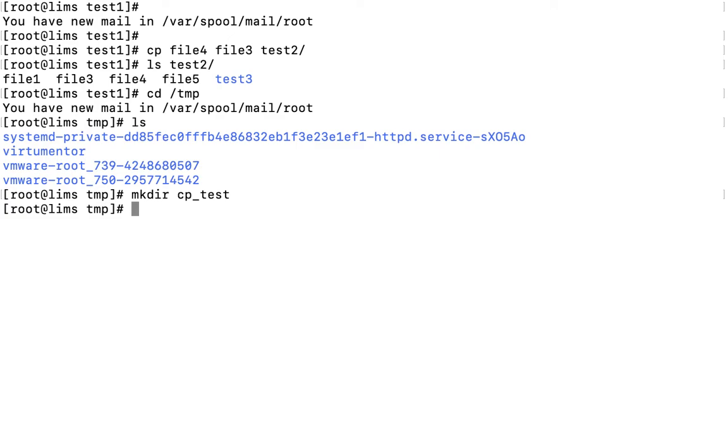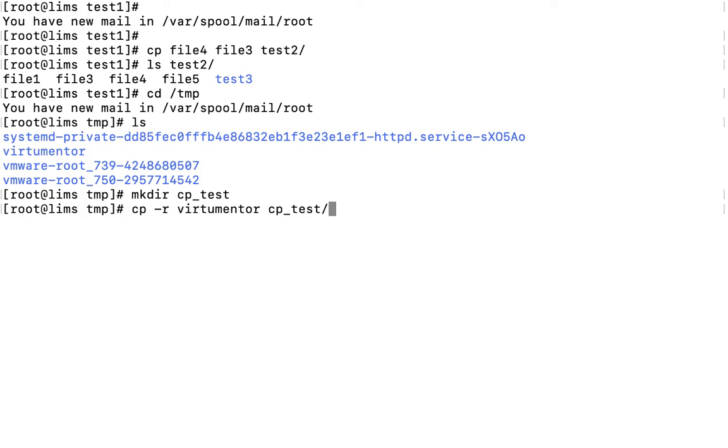But whenever we copy a directory, we need to give the hyphen r parameter, so that the directory and the child directories or files under that directory get copied to the destination. So here we will do cp hyphen r virtumentor, and this will be cp underscore test.